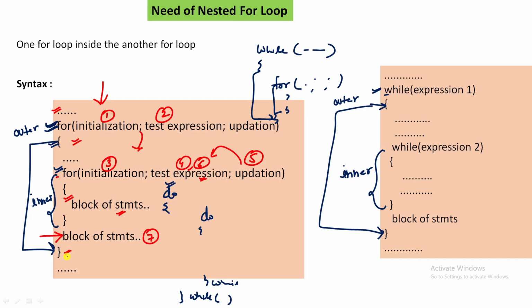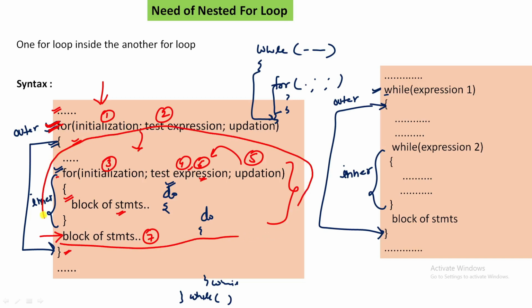Because this is the body of the outer for loop. We'll go here, and now you can see that this is one simple body of this particular for loop. The body of this particular for loop is from here to all this, everything. This everything is the body of the bigger for loop. So after this body